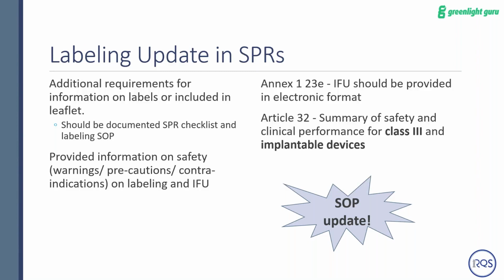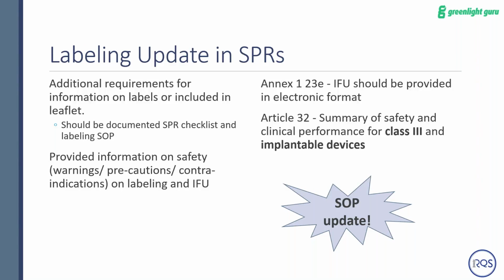So if you're familiar with the regulatory aspect of documenting all these things in your label or in your IFU, which is typically where all the warnings, precautions, and contraindications are, a lot of people are having a hard time imagining how all that can fit on a label that would be on the packaging or on the device itself. So again, I think there's still some interpretation on that and how that's going to be reviewed and audited, but that is clearly defined in the standard that they want all that information in the labeling.